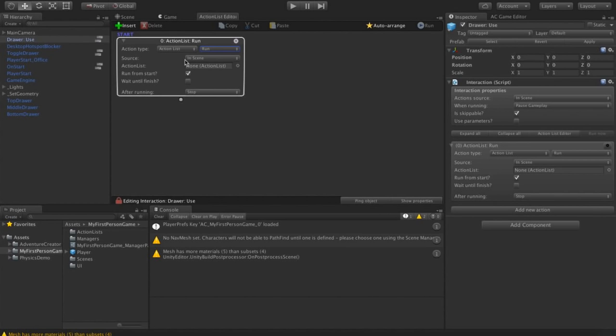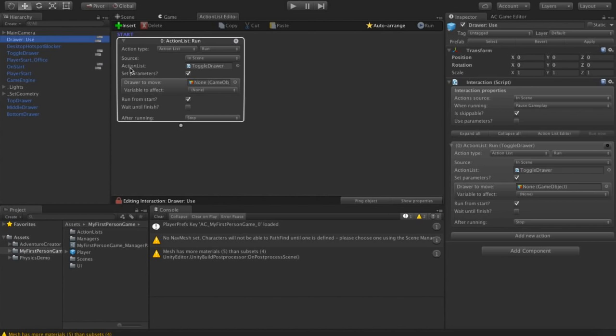We're going to be running our new toggle draw action list. So I'm going to drag toggle draw into my action list field, and I'm going to be able to set the value of those parameters as I run this action list. So I'm going to have my draw to move as top draw, and my variable to affect as top draw is open.